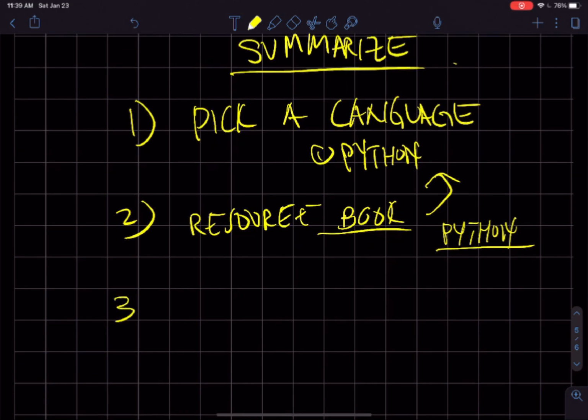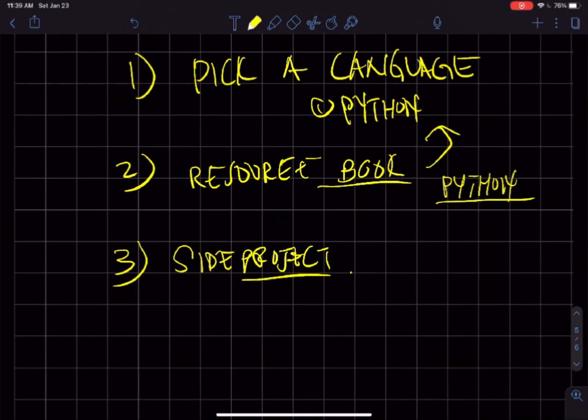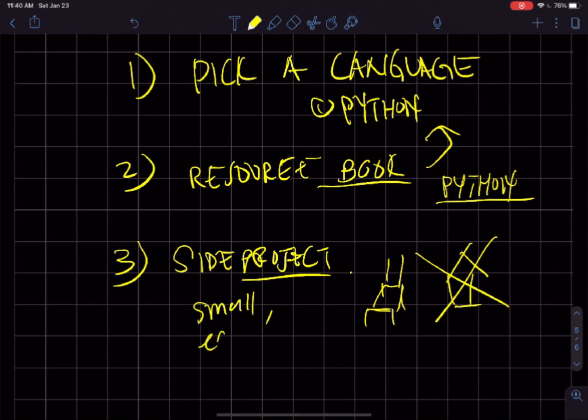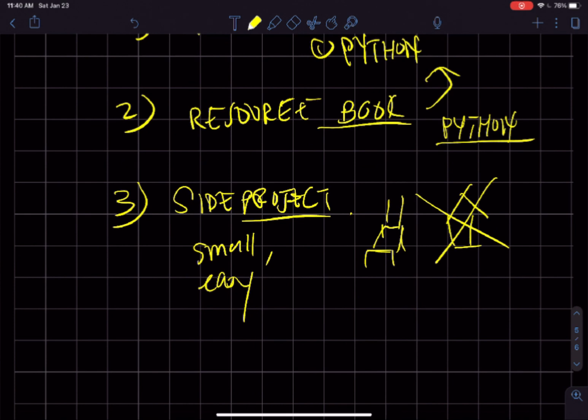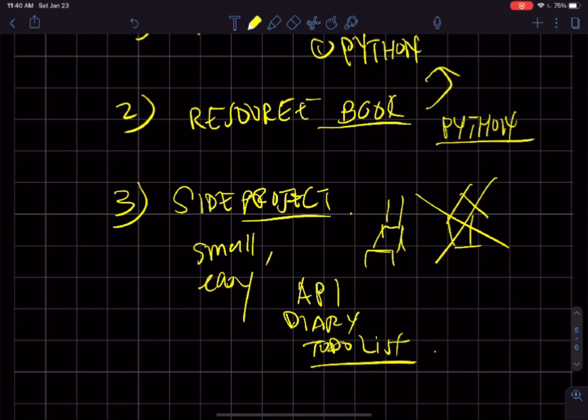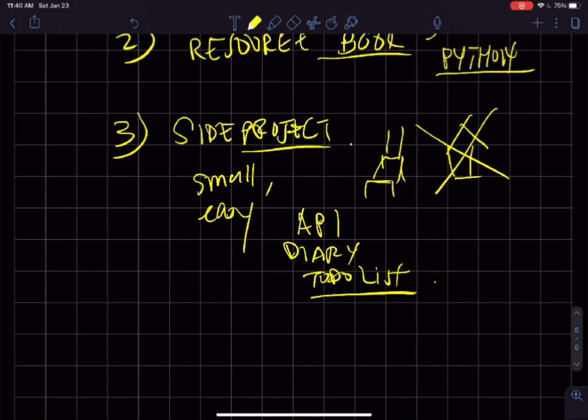Number 3, pick a side project. Okay, something I want you to take away from this is build something small. Build a stool, right? Don't build a house. Don't build a house from the beginning. Pick something small. Pick something easy to start off with. Okay, could be building an API, building a diary, building a to-do list. Okay, any of these are fine. It gets your hands dirty and it's going to give you a lot of exposure to how modern software are being built. Number 4,